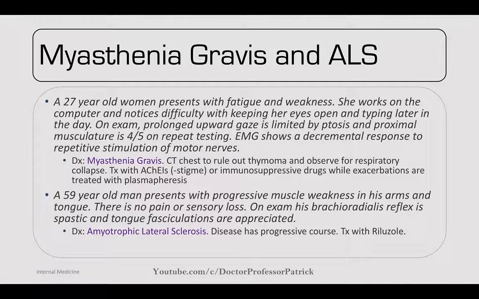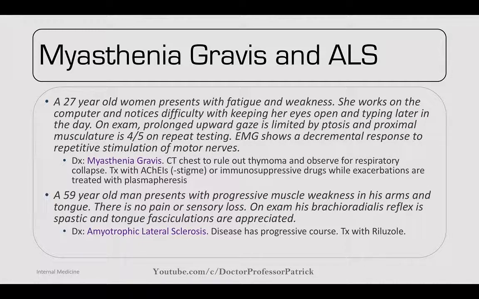gravis. You would want to do a CT of the chest to rule out a thymoma, which can cause a paraneoplastic MG, and you want to observe for respiratory collapse. You can treat this with acetylcholinesterase inhibitors, anything that ends in a stigma, or immunosuppressive drugs, while the exacerbations are